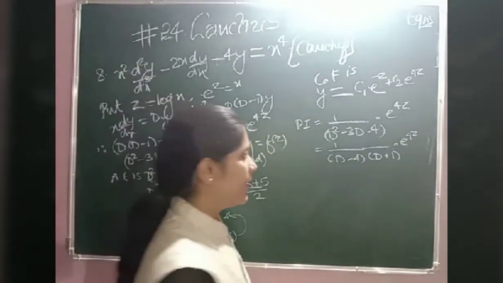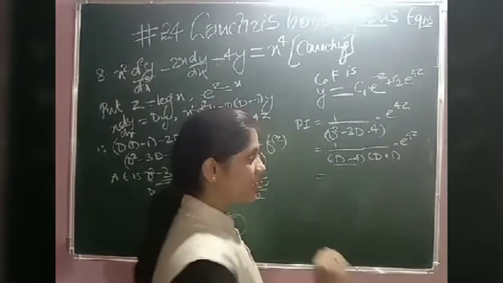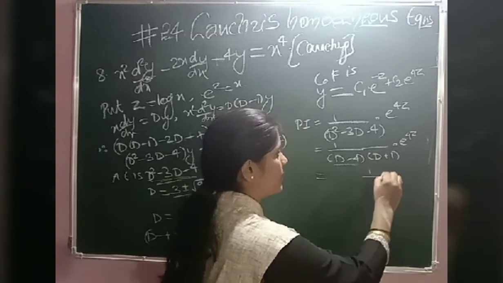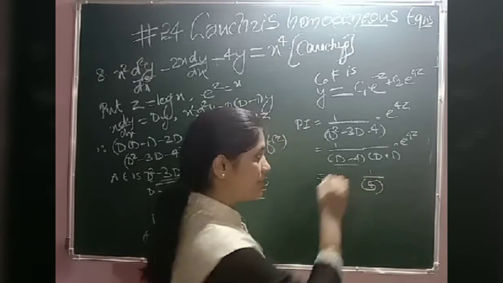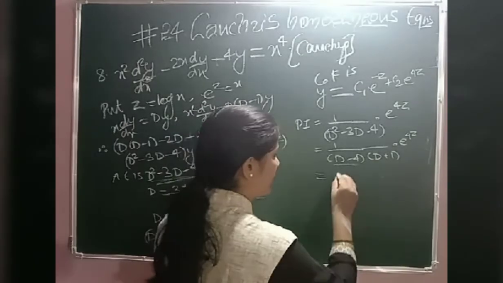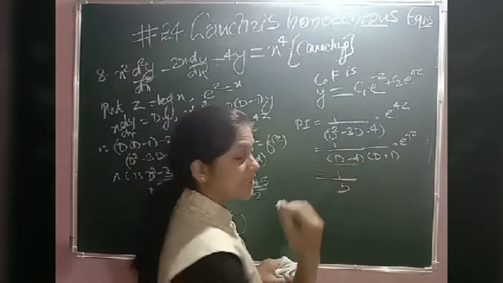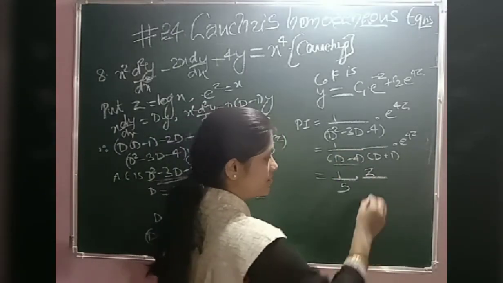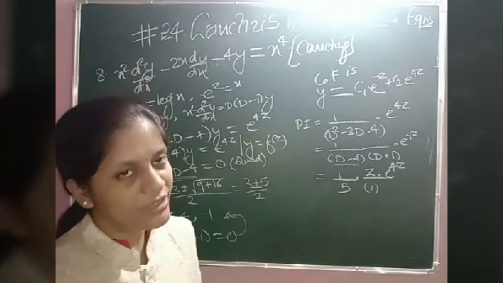Right? Now when I substitute here, I'm going to get 0, and when I substitute here, I do not get 0. So first I substitute here: 1 upon D is 4, 4 plus 1 is 5. And when I substitute here, I'm getting 0. So we can write this as 1 upon, firstly substituting here, 4 plus 1, 5. And when I substitute here, we are getting 0. So multiply by z and differentiate the denominator. Differentiation is 1, e power 4z. So this is our answer.